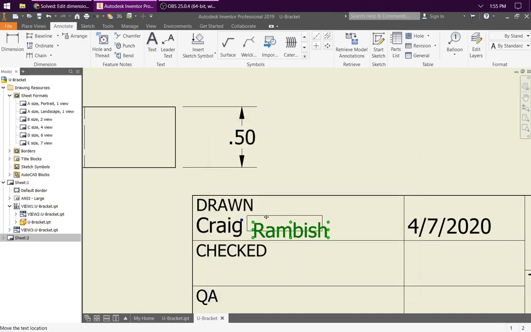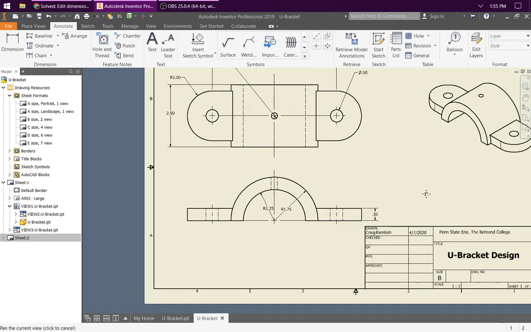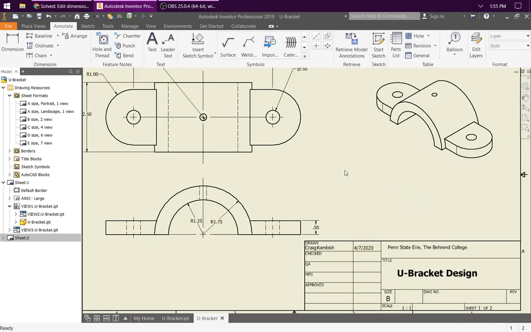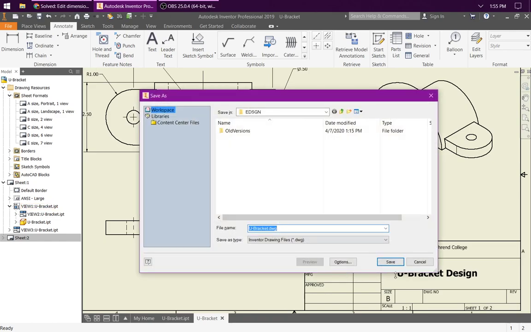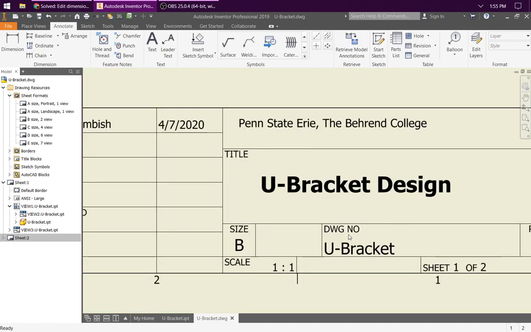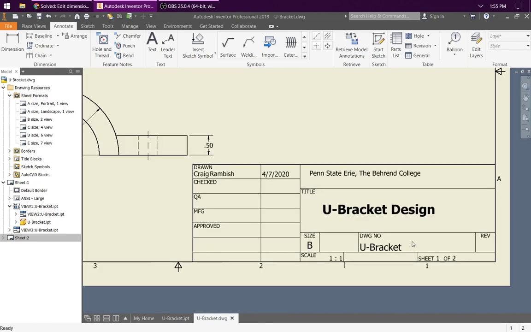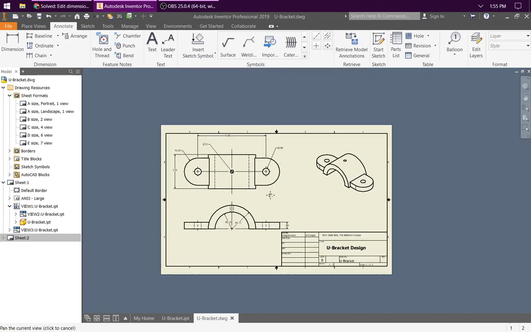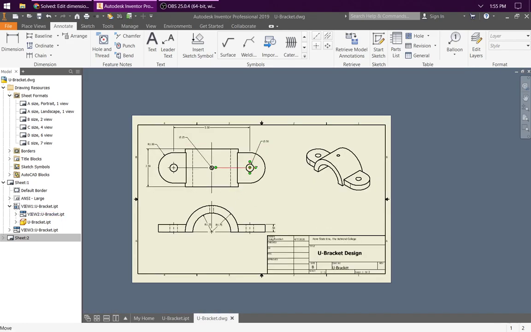And then try to line it up. I'm going to save this. And once it's saved, it will automatically put the drawing number the same as the file name. And we can show that